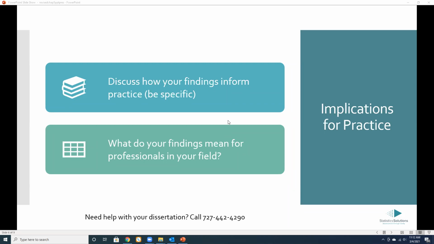But then at some point, they also want you to make recommendations. So the implications or recommendations are really closely tied together. And sometimes you don't need both. So implications for practice, recommendations for practice, it's just like it sounds. So based on what you found, how can that inform what folks do at the level of practice in your area? So if it's about teaching,